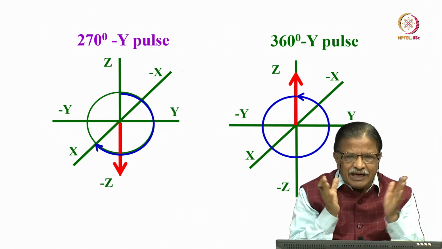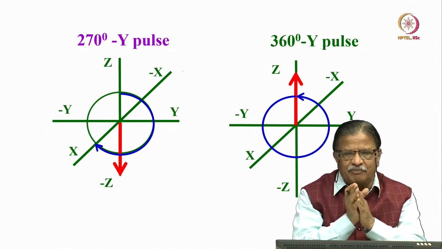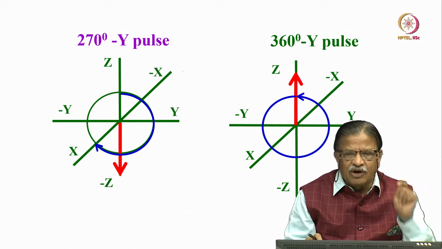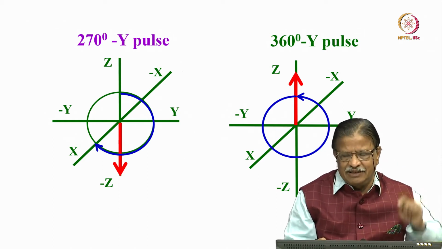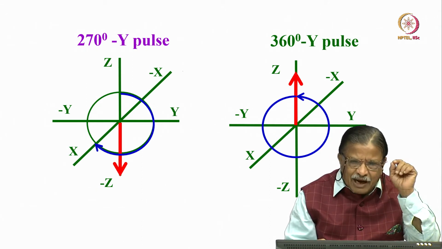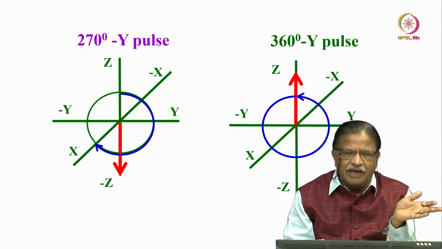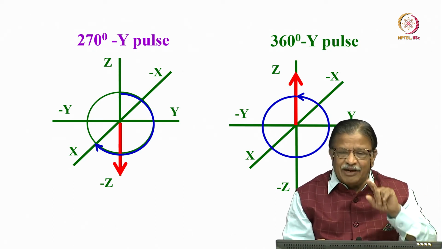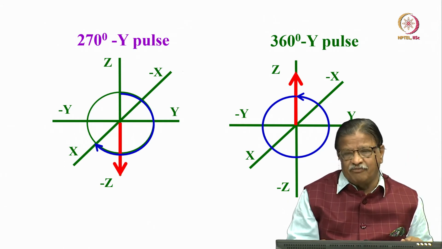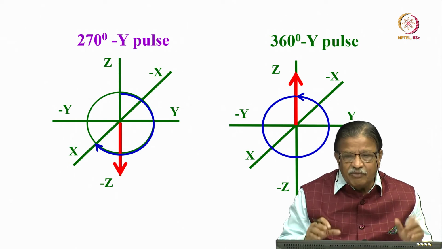So, what have we understood so far? You can tune the width and power of the pulse in such a way that you can apply the pulse either along the X axis or minus X axis, plus Y or minus Y axis, and tilt the magnetization to any angle you want. It need not be 90 or 180, it can be any angle in between also. So, finally, you can make the magnetization rotate about the axis along which you are applying the RF pulse. You can make it rotate clockwise or anti-clockwise, both are possible.